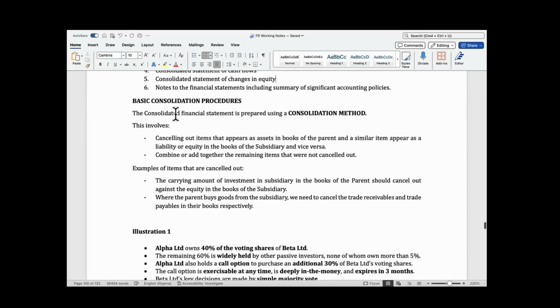Now, how do you consolidate? Basic consolidation procedures. The principles of consolidation is very straightforward, very simple. Like I mentioned before, we use a method called consolidation method. And from the definition of consolidated financial statements, we said it's a financial statement of a parent and its subsidiaries prepared as that of a single entity. In order to achieve that, it means that we must use a principle called cancellation, where we are going to cancel out similar items,